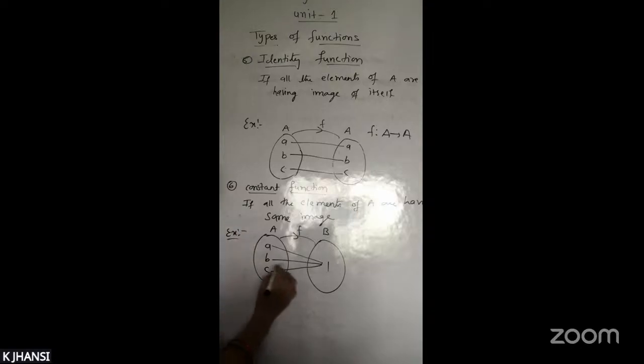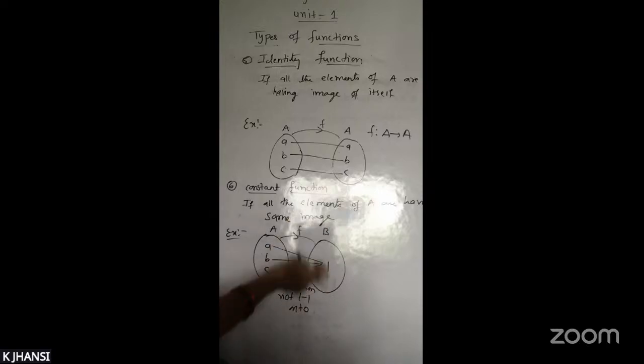So first thing, this is a function. Why? Because each and every element of set A has an image here. Okay. So this is a function. This is not one to one. Why? Because three elements have only a single image,